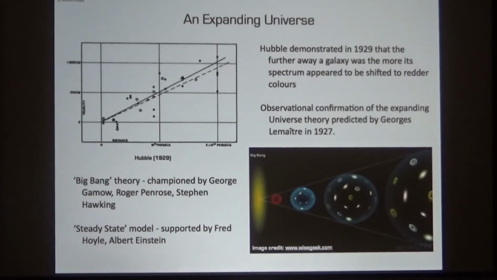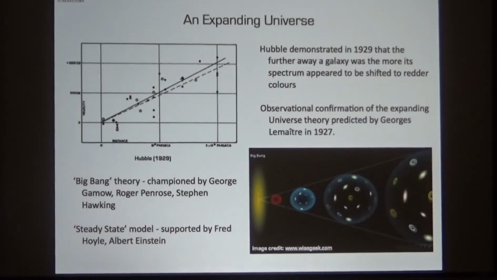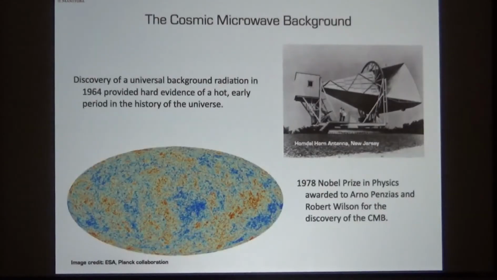Steady state. In fact, whilst the Big Bang theory had proponents such as Roger Penrose and Stephen Hawking, Stephen Hawking's PhD advisor, Dennis Sciama, was actually a big fan of the steady state model. And then actually his student's work won out, which might have been a little bit embarrassing, I'm not sure. But anyway,